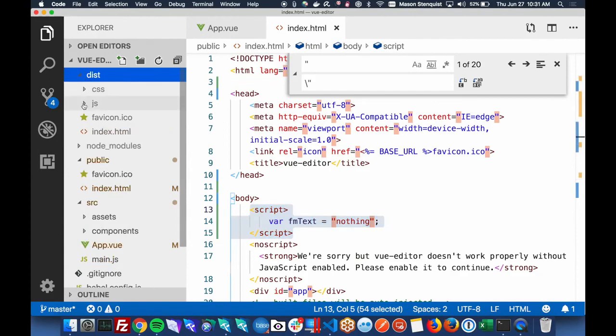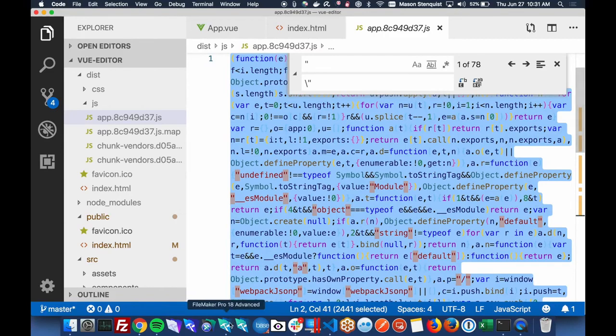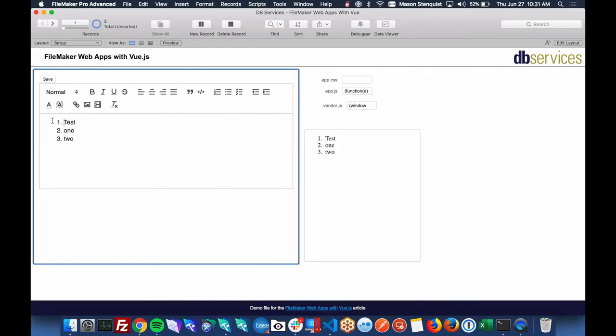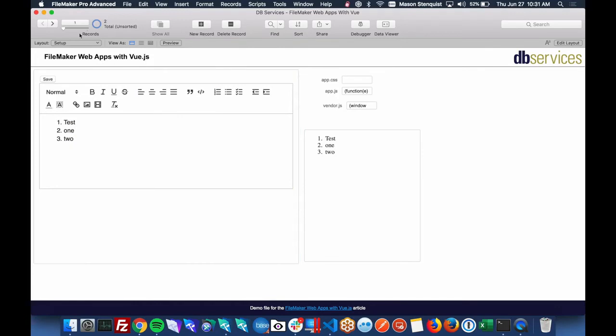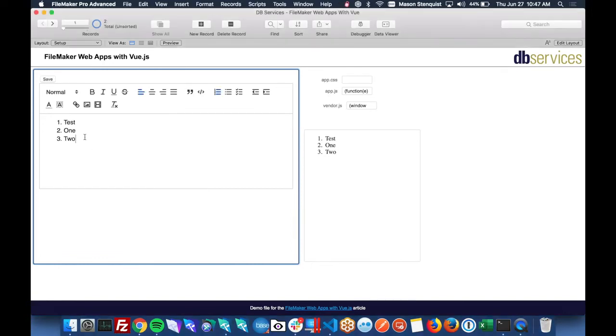So in our dist folder, we just need to replace app.js right here. We shouldn't have to replace vendor.js because nothing has changed there. We didn't import any new packages, so this should be the same. But we did change the code we actually write, so we needed to update that. Right away it brought in the data. So we can go between records. We should also be able to save images. So let's try that real quick.